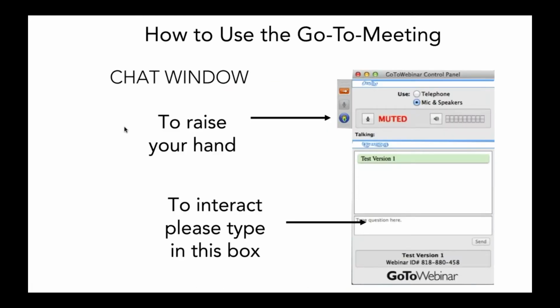Okay, how to use the GoToMeeting box. There's really not much to it. Basically, you're going to follow the arrow, and if you need to raise your hand, you can do that. But I don't guarantee we're going to see your hand waving. I'm not sure we've ever gotten very good at that piece, but we'll try to monitor that. Yeah, I see somebody is using the hand already. Yep, thanks. Testing us out. Oh boy, there's always got to be one, Barb, in the audience.